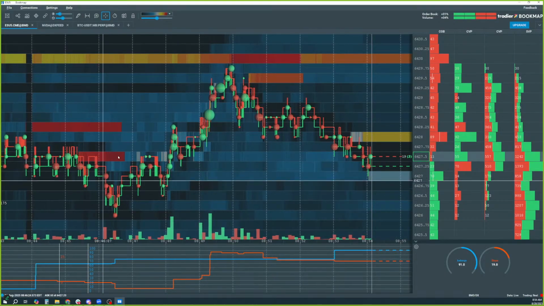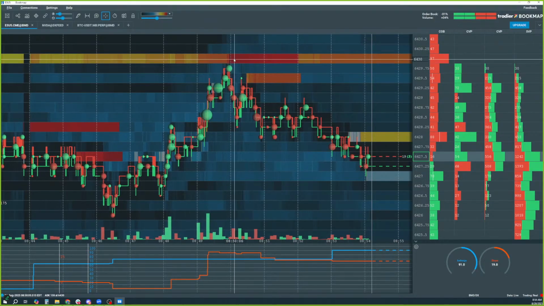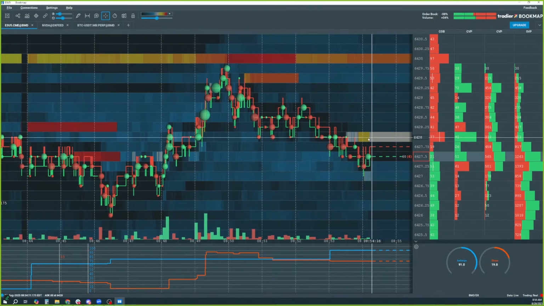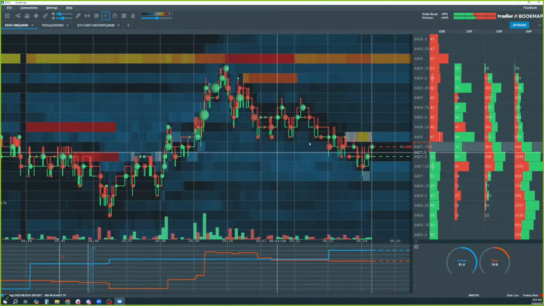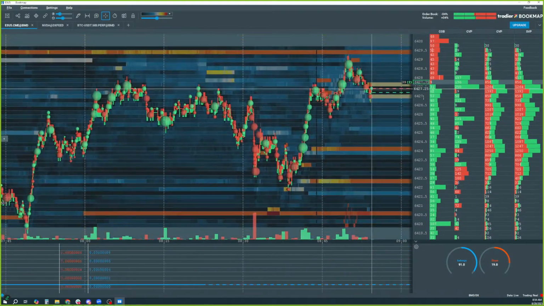Okay, and you can see we're kind of going back and forth right now. We came up here, kind of tested near this high liquidity, came back down here, and you can see we're right back in the range in here. All right, so now if we zoom out, what you're talking about in terms of